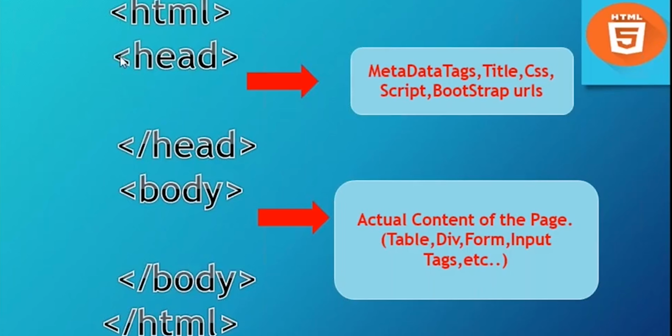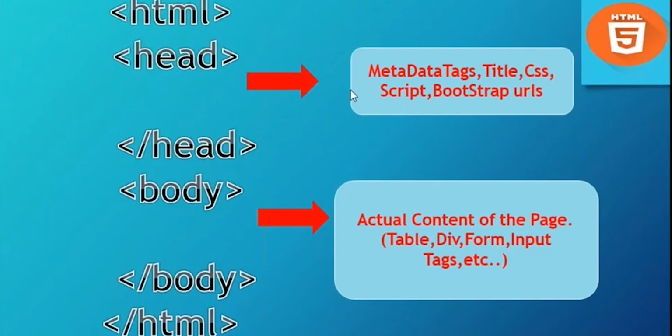You can see any tag starts with a less than symbol, the tag name, and a greater than symbol. This is the representation of the tag name, and the HTML tag also. All tags in HTML start with this symbol and close with this symbol. In these HTML tags, this is the head section and this one is the body section.